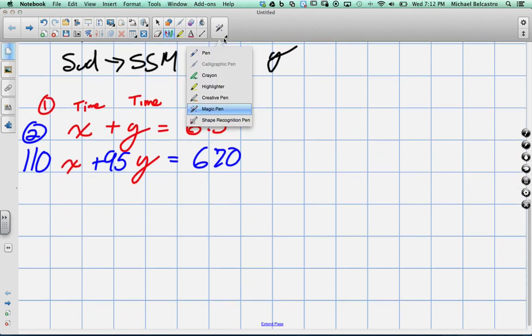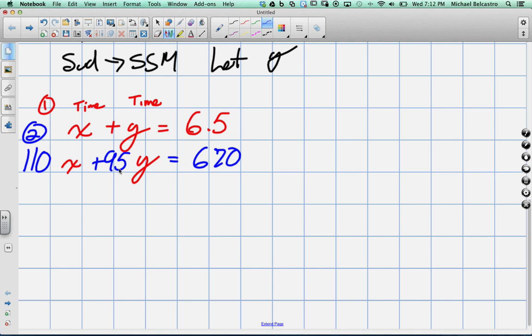Okay. So this part here we're kind of used to using. They're relatively big numbers here. So we could do elimination or substitution. Do you have a preference? Which one you'd like to see? No? No? Okay, I'm going to do substitution just because it'll be really easy to isolate a variable in our